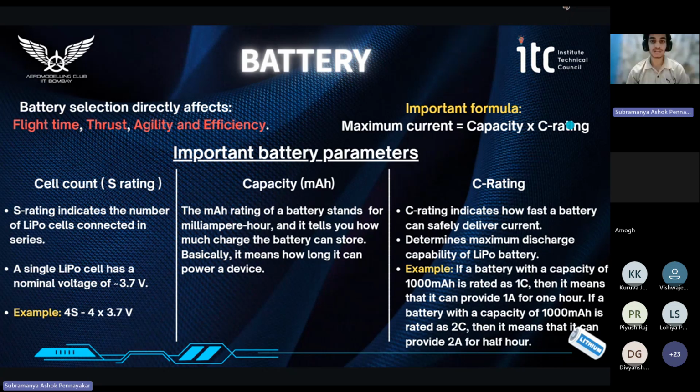Right, let's move then. So battery selection directly affects flight time, thrust, agility, and efficiency. Here are some important battery parameters: cell count, capacity, and C rating. So cell count, the S rating, indicates the number of lithium polymer cells connected in series. As you can see here, the nominal voltage of a lithium polymer battery is 3.7 volt. For example, if you have a 6S battery, you can calculate its voltage like 6 times 3.7